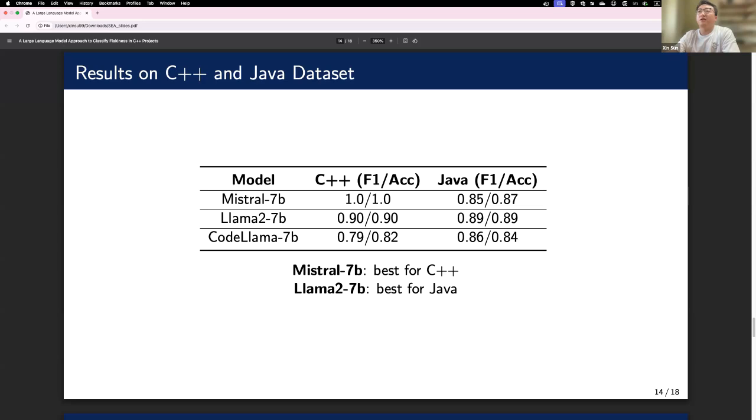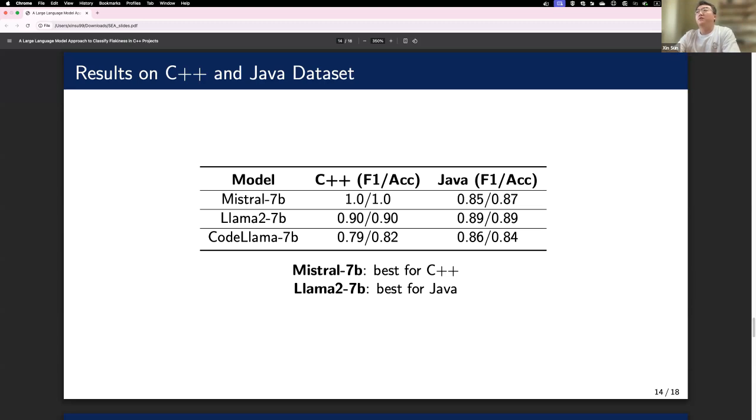We discussed the reasons for these results. One possible explanation is that the Mistral model's training data may have included a large proportion of C++ code, which enhanced its performance on C++ datasets. In contrast, the CodeLlama model was trained on multiple programming languages to offer intelligent suggestions and completions. This could explain why the Mistral model performed better in understanding C++ code.